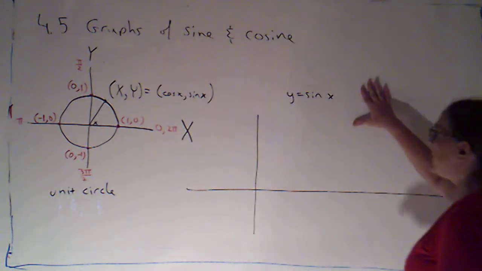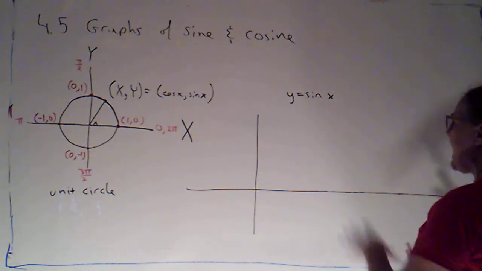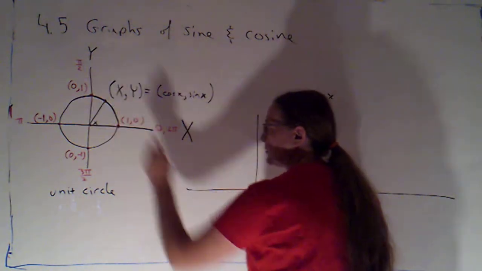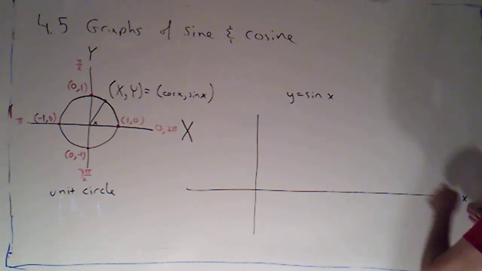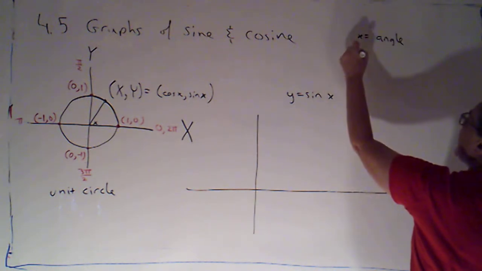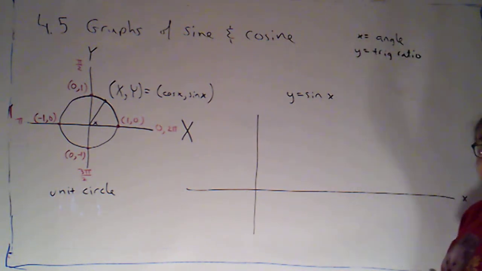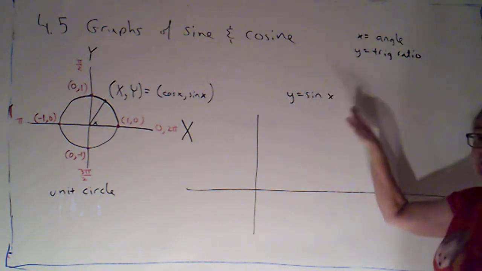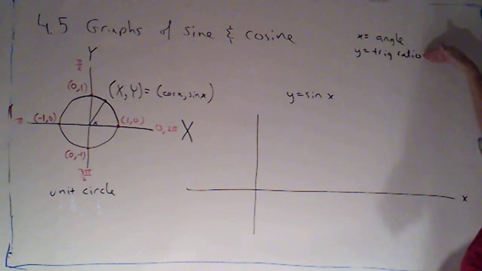Okay. Now over here is where I'm going to be graphing y equals sine x. So let's see if we can understand how this graph is going to relate to that graph. So here, the horizontal axis is the little x-axis. This is where I'm putting my angle. So I'm thinking of little x as being my angle, and little y is going to be the trig ratio that I get for that angle. That's pretty much how any trig function is going to work. If y is a trig function of x, x, my input, is the angle,